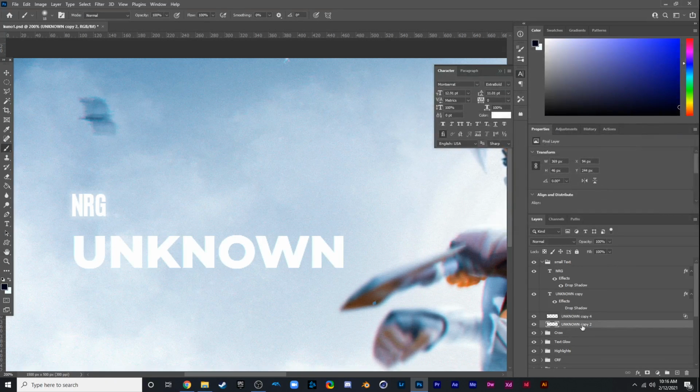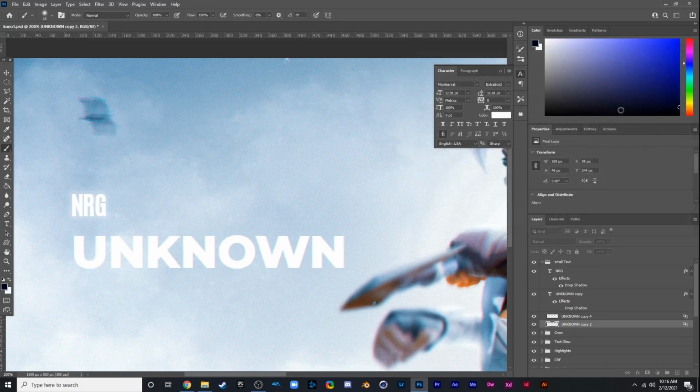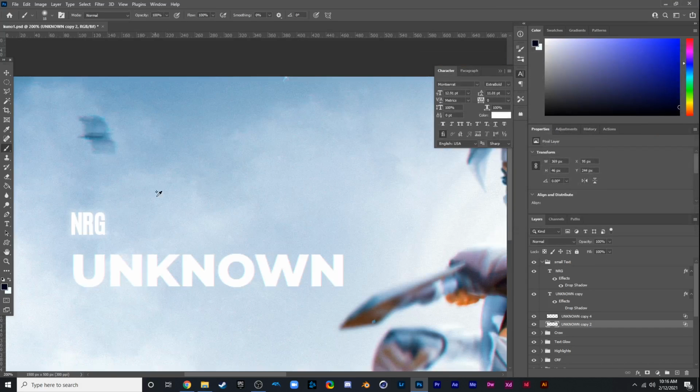Alright, time for text. The text is super easy, and I'm sure a lot of you already know this little trick right here, but you're going to make your text, spell it out, convert it to smart object, rasterize it. Just right click, convert to smart object, right click, rasterize. Super easy. Maybe put on a drop shadow after you're done with everything, but you're just going to duplicate it